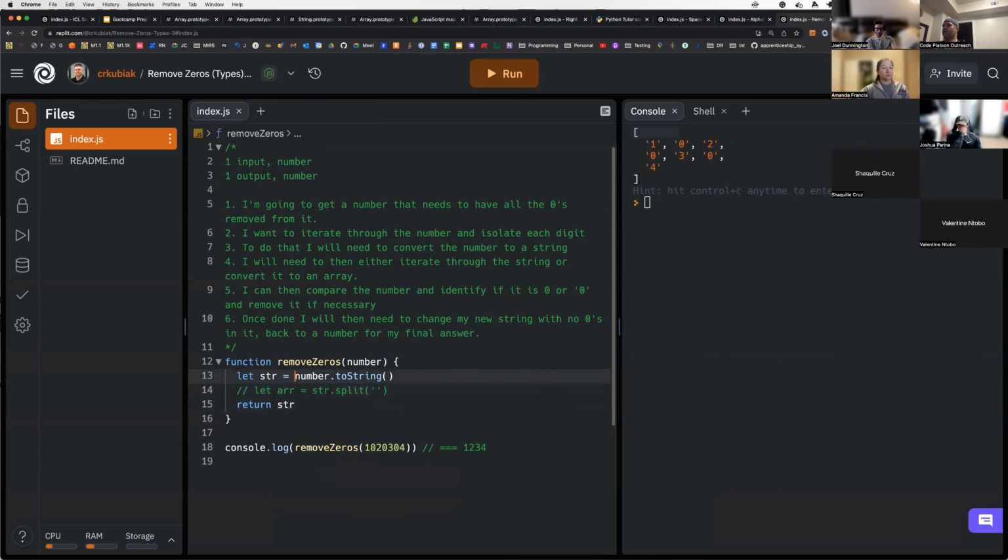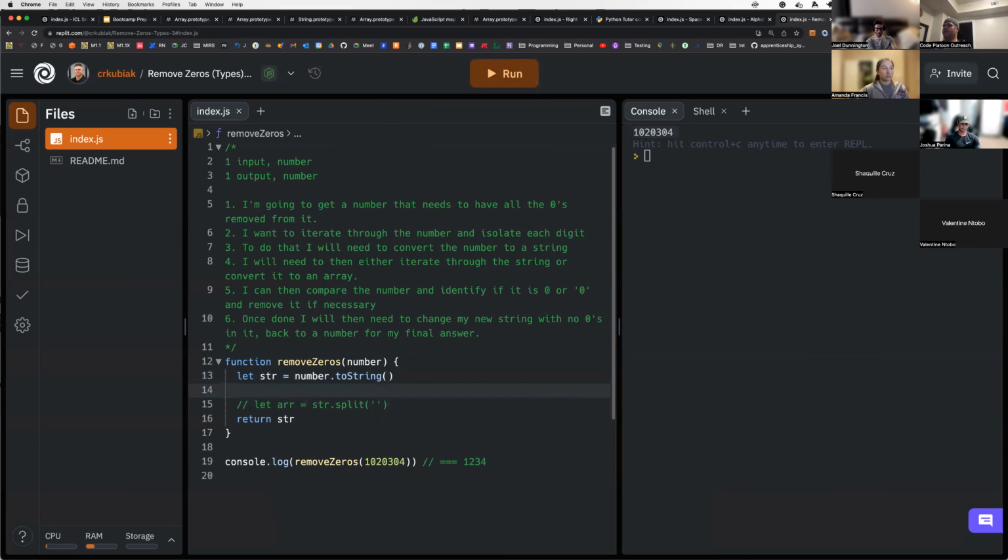So let's go ahead and take a look. We're back to string. I know I want to iterate, so let's go ahead and we'll do for (let i = 0; i < str.length;